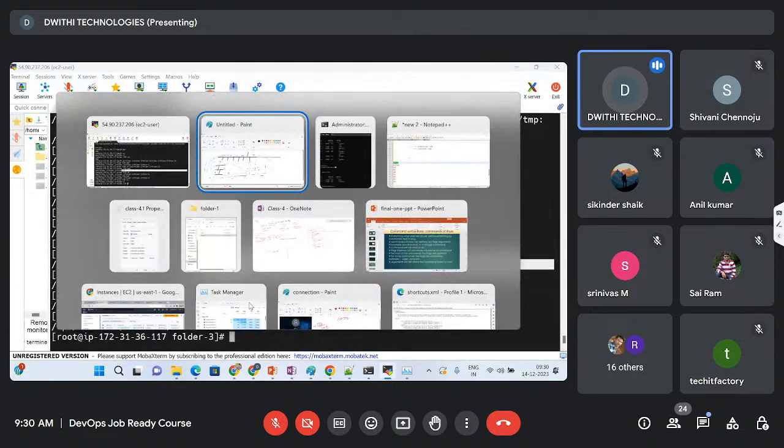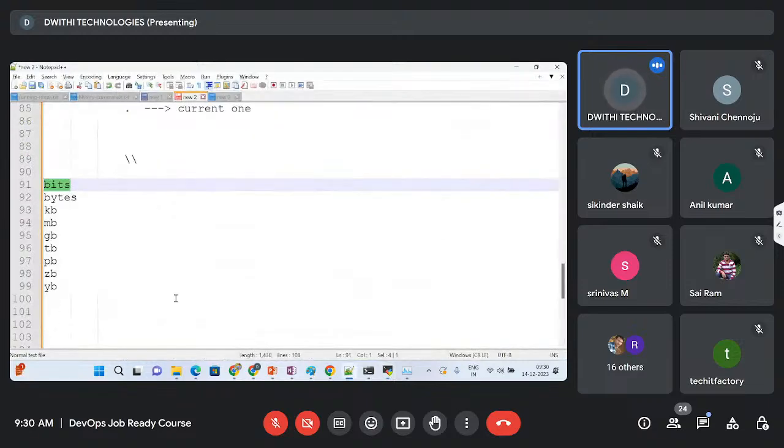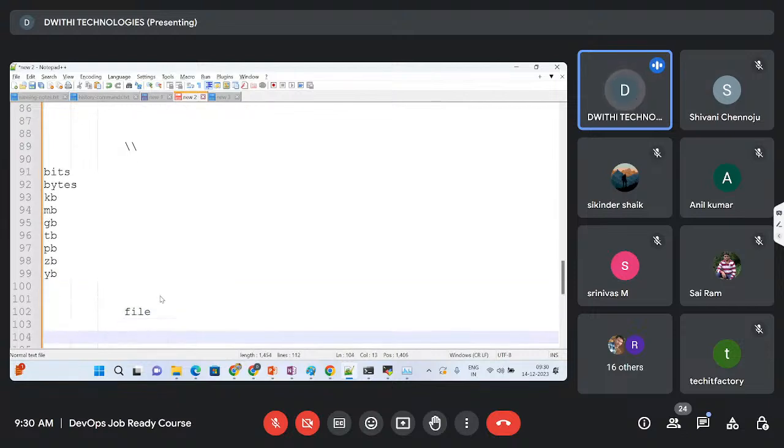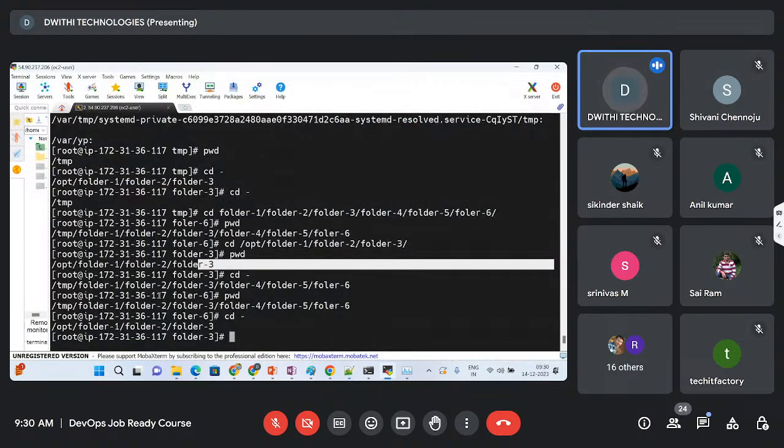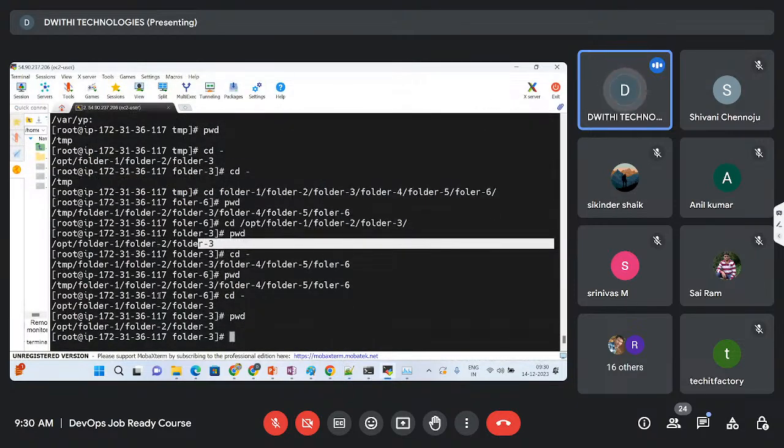So like this, yeah, and we'll try to see some file creation commands, guys, how to create a file and all of those things. You have commands called touch, echo, and you will be able to create with vim and other things as well. But the cat command is also okay. So if you try to see, I am in opt. So when I say echo, what is the meaning of echo? In general English,